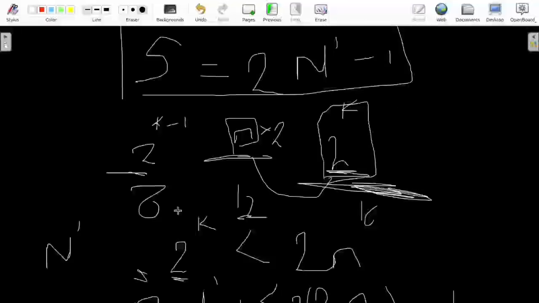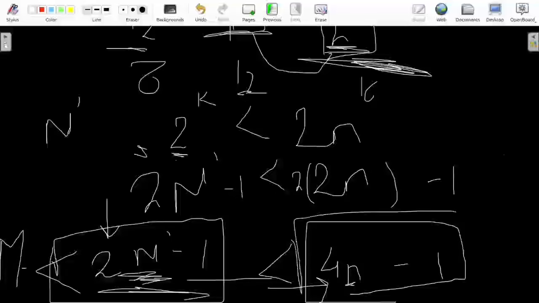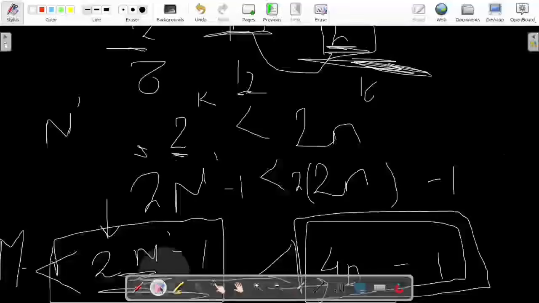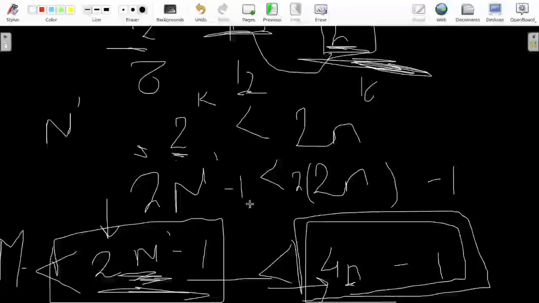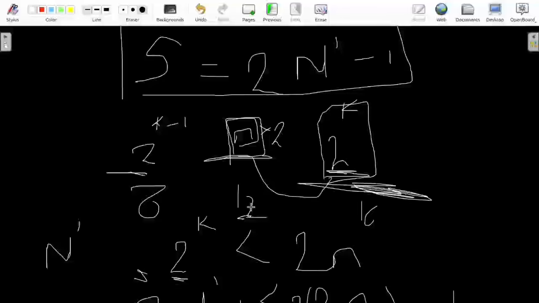It means if I build a segment tree for this size, the total number of nodes required will always be less than 4n minus 1. I know for some people it feels unintuitive, but you have to accept the fact that for an array size which is not a power of 2,